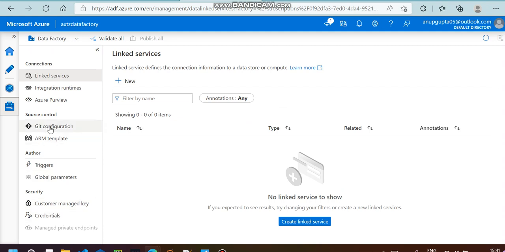After going to Manage, you can see that these many options are present: ARM template, Git configuration, Azure Purview, integration runtime. I have told you about these, right? All the combination of these will come under the pipeline, and the pipeline itself will come under